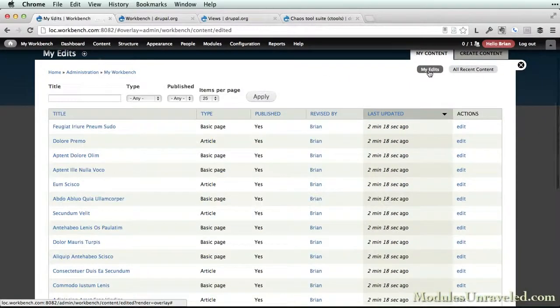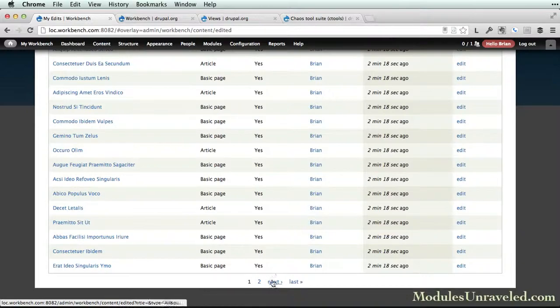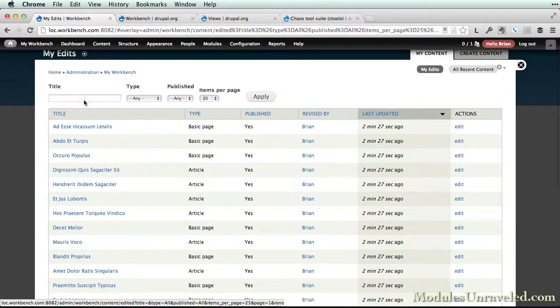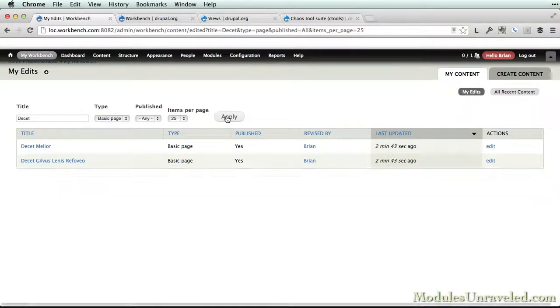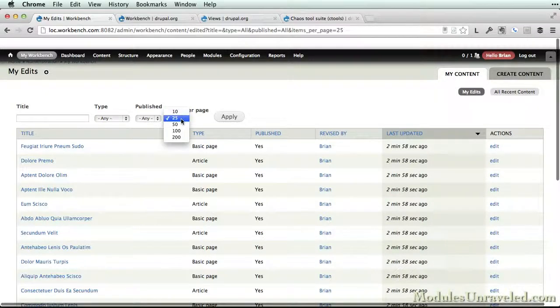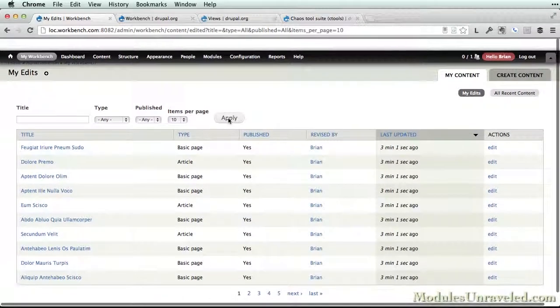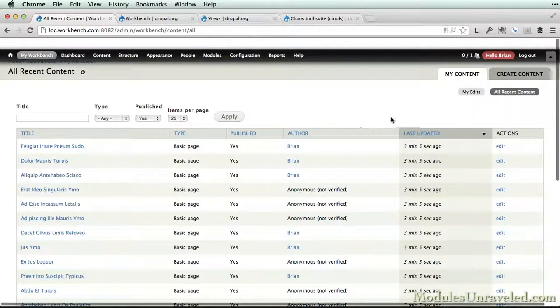So let's take a look at My Edits. So this page actually shows us a much longer list of all of my recent edits, and we can page to the next if we have additional items. We also have some filters, so we could add a filter. Let's go ahead and just type something in for a title, so we can see anything with that title. We can also filter by type. Let's choose basic page. And then we can choose whether or not it's published. And if there were more items, we could decide how many items would be on the page. So I'm going to clear all this out and show you that we could just show 10 items per page. The All Recent Content is the exact same idea, has all recent content on the site with the same filters